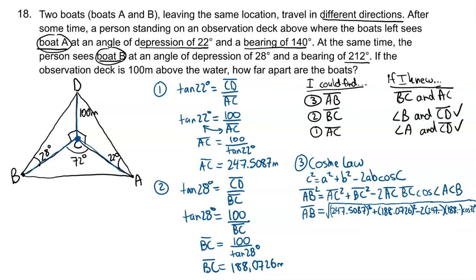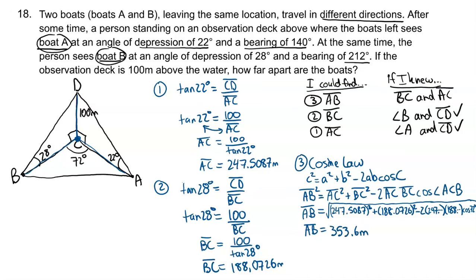And so when we get that calculation, we need to make sure that we go 2 times 247 times 188 times cosine of 72 before we subtract it from the other values. That's a common mistake I see people make. They subtract the numbers in front of the cos 72 before multiplying it by cos 72. Remember to multiply it by cos 72 first. And so if you do, you get a value of